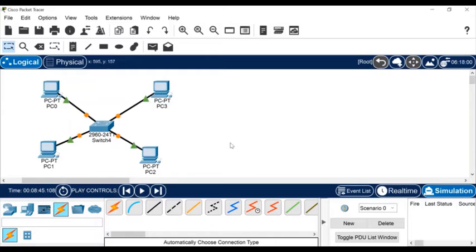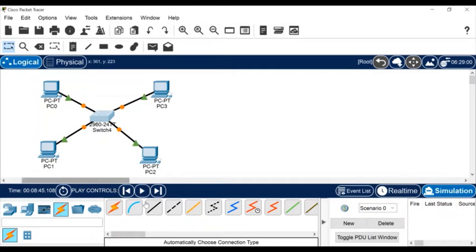This is how a star topology looks like. This is a very simple star topology. There are other topologies like extended star topology, which uses two more or four more switches. I'm just keeping it simple with just one switch here.